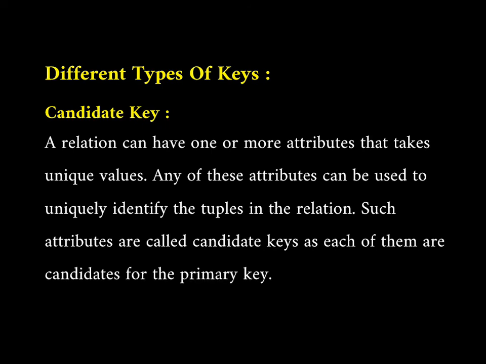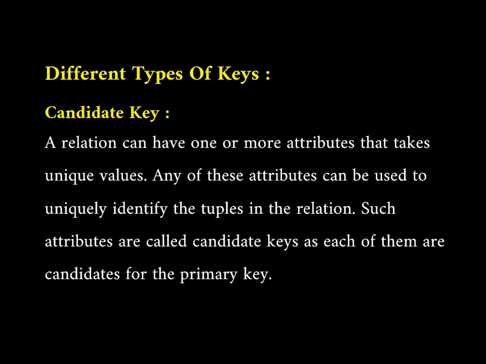In the table students, I already explained that the relation student has 5 attributes. For example, roll number, name, city, branch code, and mobile number. Roll number and mobile number always take unique values. It cannot be the same number. Once a student gets a roll number, another student will not get it. Similarly, the mobile number is also the same. Another person will not get the same mobile number. So no two students will have the same roll number or the same mobile number.